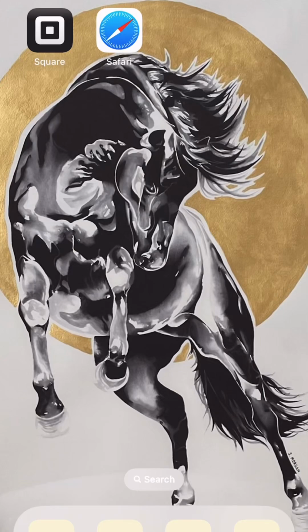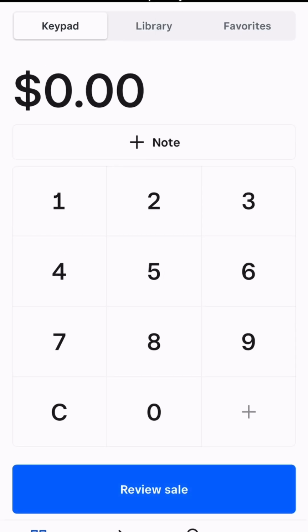In this tutorial, we're going to cover how to set up payment links and our sales tax in our Square. This does require having the app installed already and having an account set up. When we first open the app, it will default to showing us either the keypad or the library at the